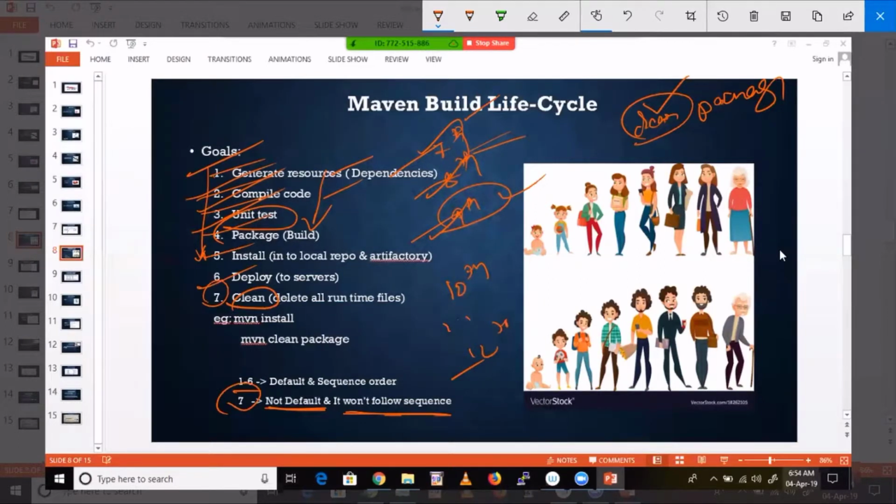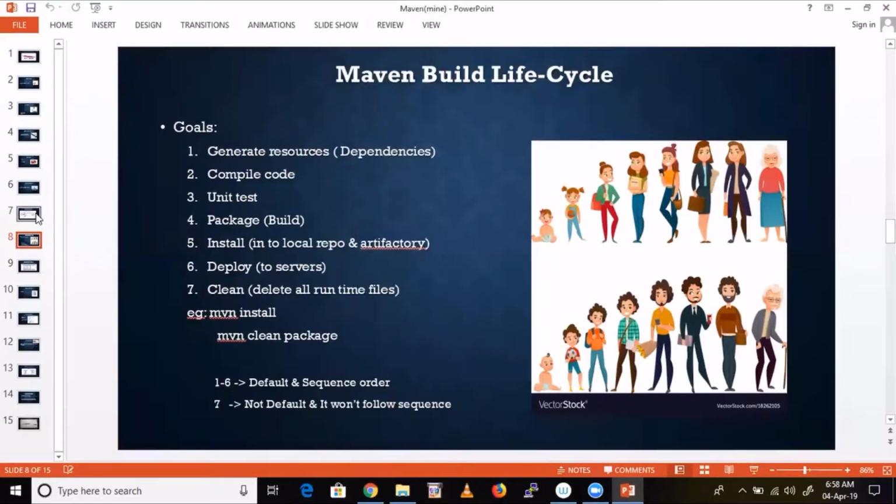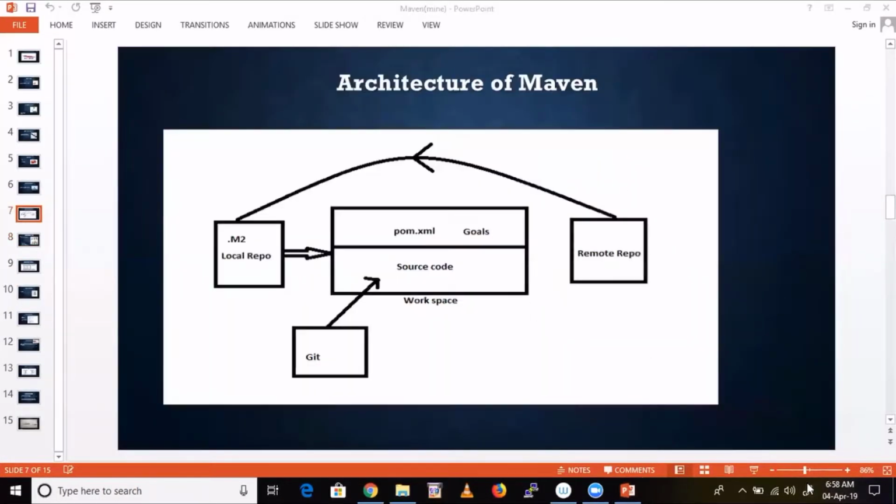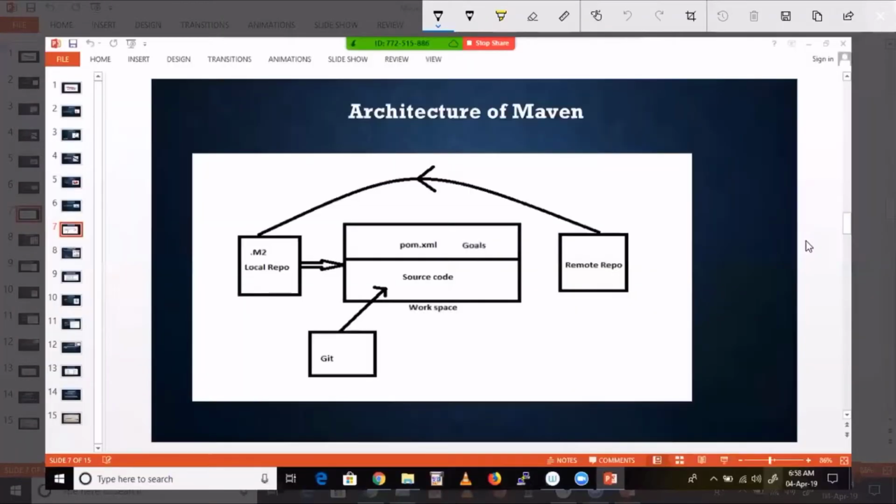Okay. In the project, I'm going to show again where we are going to give these goals, and goals mean these are just like commands. Okay. Now I'll show this image. Now you will understand. See here. Source code we are pulling from Git. In pom.xml, the developer is going to mention all dependencies and everything, what kind of output you want, everything. So goals, we are going to give the command instruction. Do this one, do that one, like that. Understood? Goals.